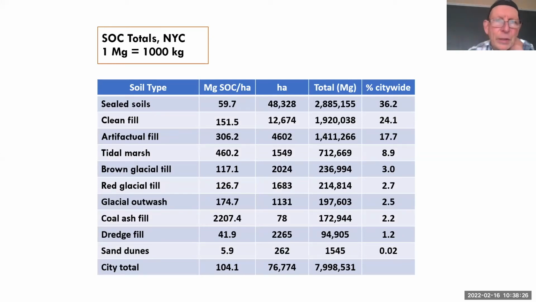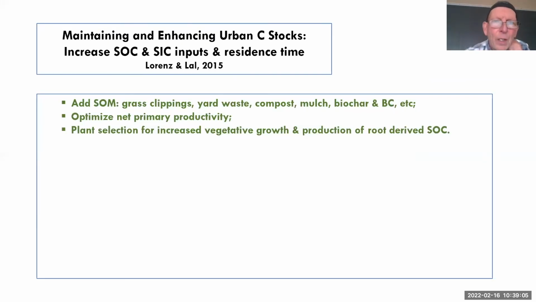And here's the total citywide in megagrams. And I wanted to show you what each soil contributes to the percentage citywide. So the sealed soils, even though there's not a whole lot of carbon in them, they do make up the bulk of the area, so they constitute more than a third of the soil carbon stocks citywide. The clean fill soils are up there, and the artifactual or construction debris fill soils are up there. Tidal marsh, about 9% of the citywide carbon stocks. Okay,